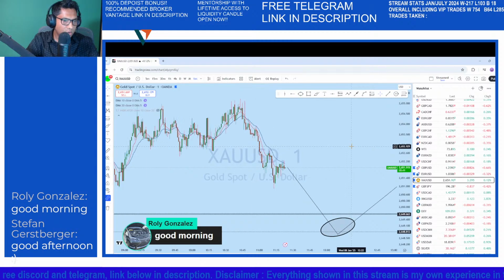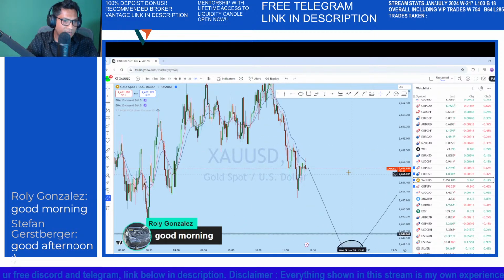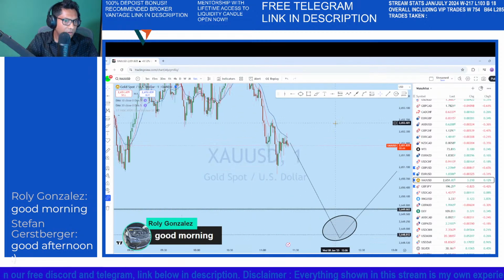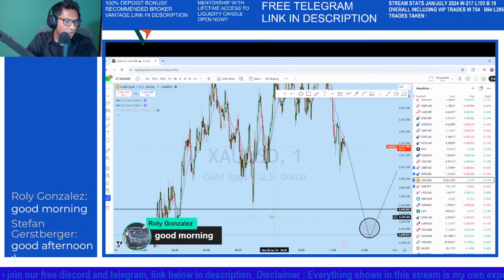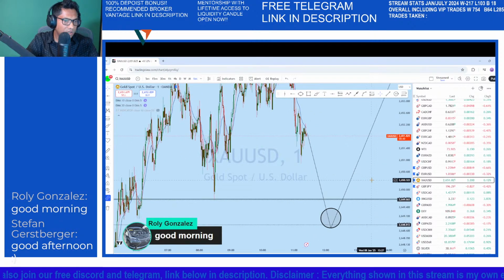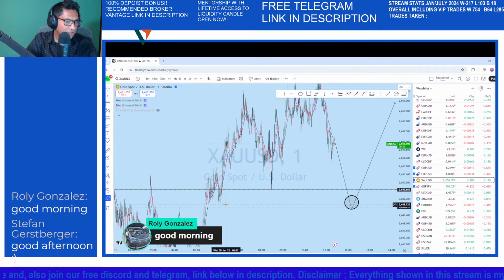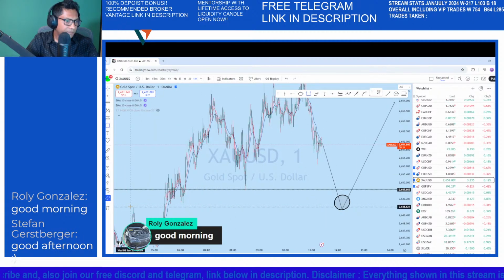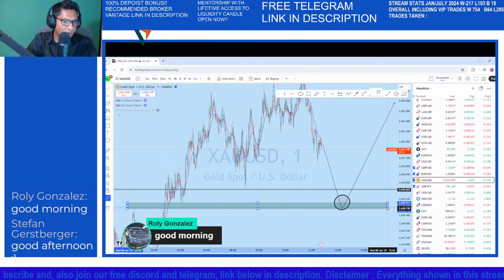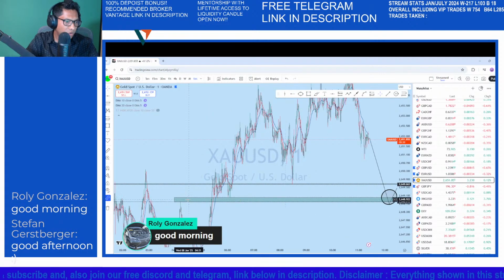So let's look to see what kind of entry we can find. This is the primary level that we will be looking at to find the proper entry. This is an important level of support here, there's a gap here, and this is a fair value gap. If you are not sure about the fair value gap, you can also